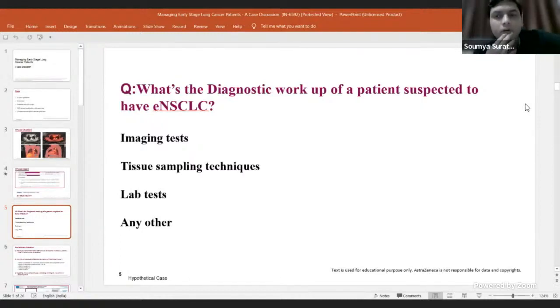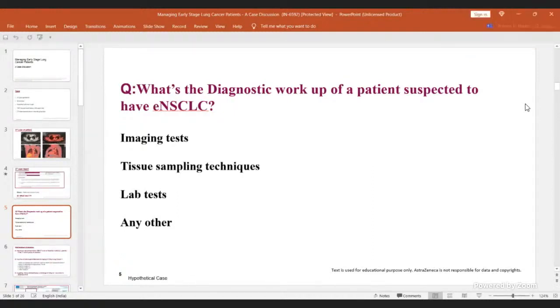Amit, in which case will you subject the patient to a mediastinal staging? Suppose a subcarinal node is there, or multiple nodes are there, or a single N2 node, which patients will you subject to an EBUS or a mediastinal staging? I think nowadays the guidelines are pretty clear. As soon as I see these CT scan images, I think about the size of this lesion. If it is less than 3 centimeters,